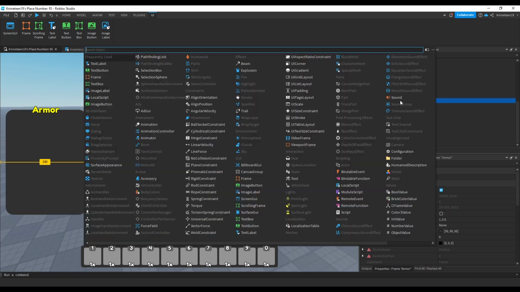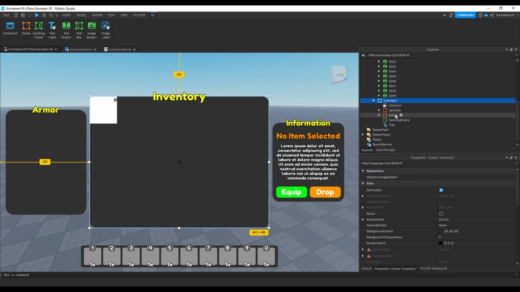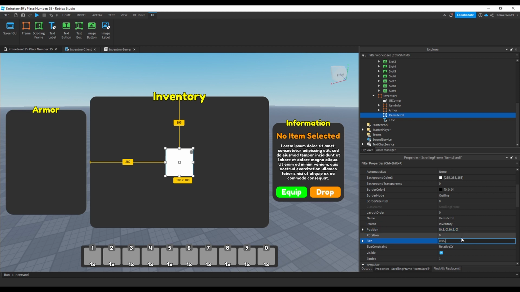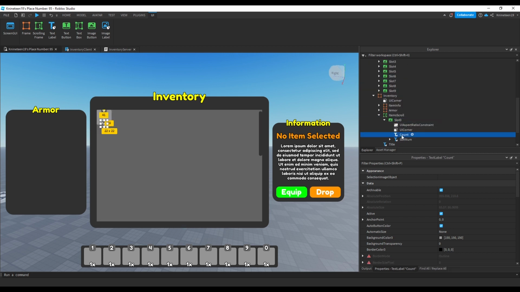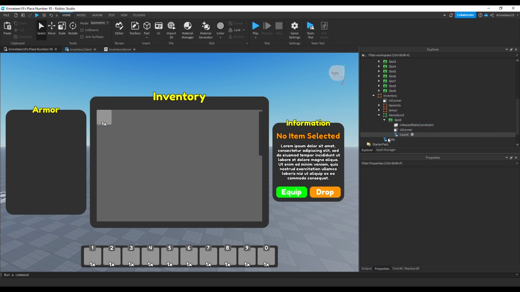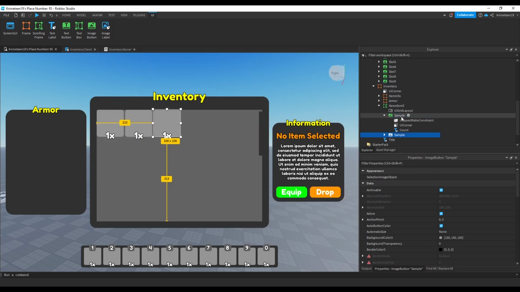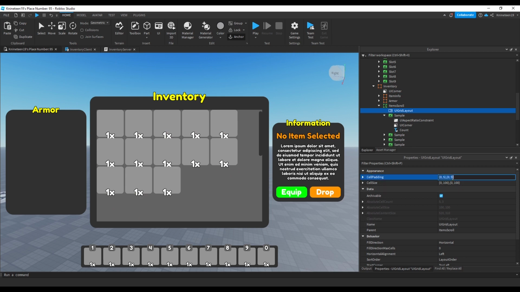Finally, of course, we'll head back to the inventory frame and add a good old scrolling frame, which will contain the UI for the items in our backpack. We'll center it and scale it to be most of the inventory frame size, adjusting the background color for aesthetic purposes. We'll copy the slot frame from the hotbar, but remove the slot number text to the top and add a UI grid layout to the scrolling frame. We'll then rename it to sample and clone it a few times while we adjust the UI grid layout to make sure none of the sample frames overlap and that they look good with an image to test.